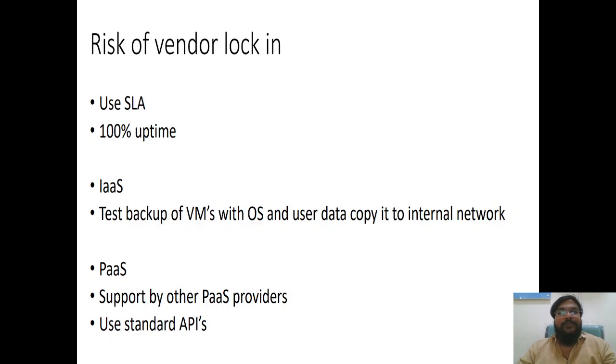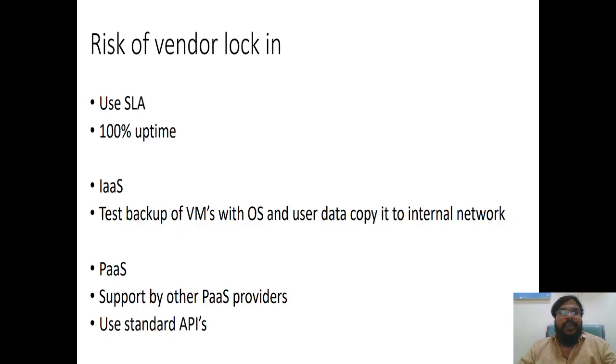Here we can talk about three different types of delivery models. One is infrastructure as a service. Whenever you take a particular service from a public vendor, there are chances that our data may get locked into that particular cloud environment. In order to avoid such a vendor lock-in, we need to test for the backup of the virtual machines along with the OS and whatever data you are uploading into the virtual machine. Everything has to be backed up and be downloadable,